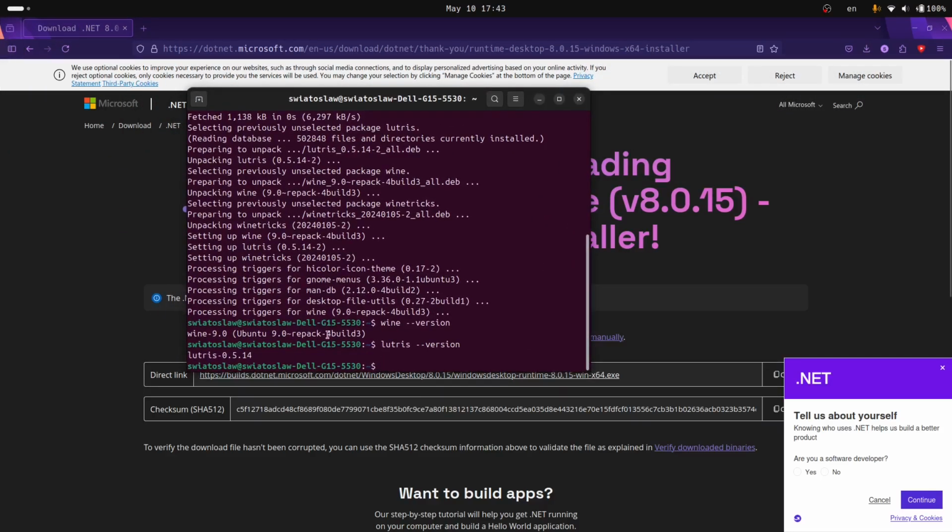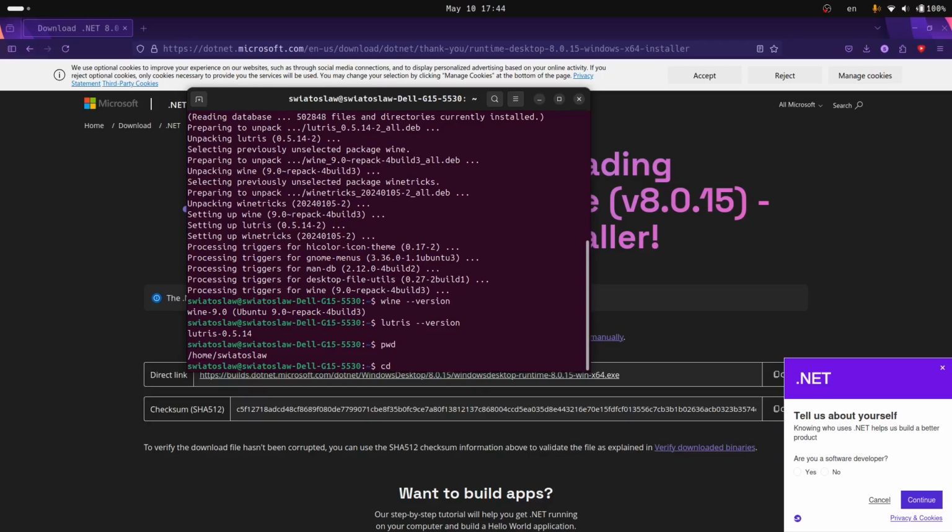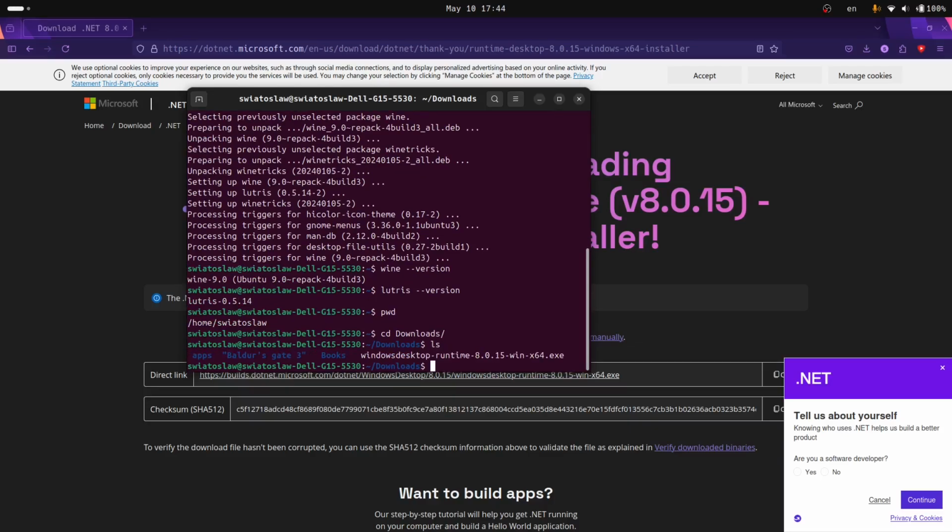So now that we've done that, we are currently in my home directory. We can go either to downloads or just remain in the home directory. I'm going to go to downloads to simplify paths. So as you can see, there's our downloaded file, Windows desktop, and before we run it, we obviously need to initialize our own folder for Mod Manager via Wine. We're going to do it via Wine prefix,